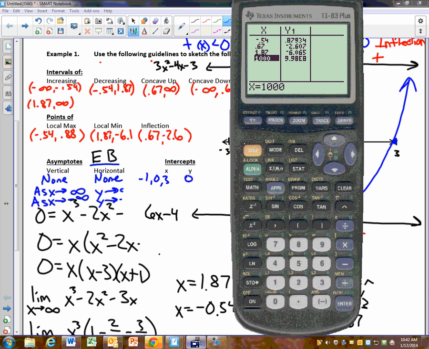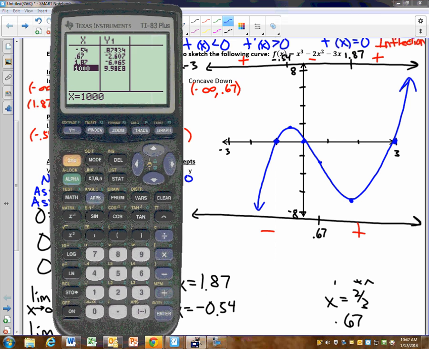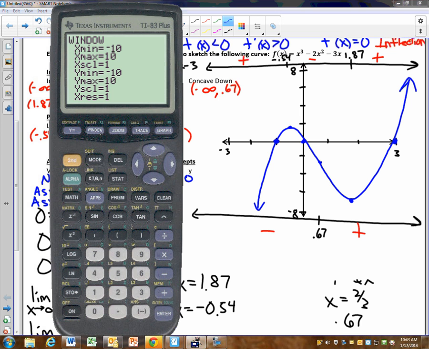And comes to my favorite part where I go into my y equals. I have my curve. I go to my window. I make it look exactly like what I have. I'm actually going to go from -3 to +4, so then I can see it off in the distance. Tick marks every one. Y's go from -8 to +8. And my scale looks like it's every 2. Whoop, that'll be bad. Delete button. And now,